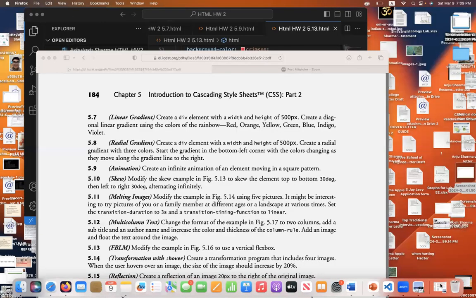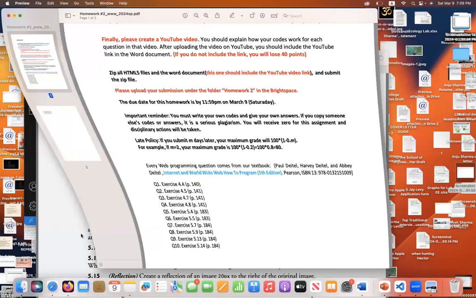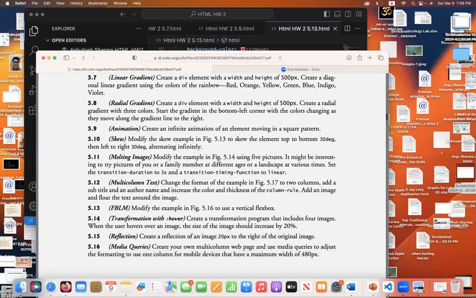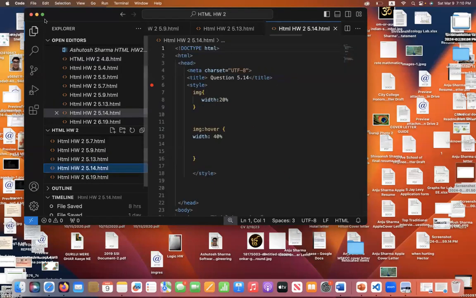And now the next question is 5.14. So 5.14, transformation with hover. Create a transformation program that includes 4 images. When the user hovers over an image, the size of the image should increase by 20%. So when we go to the code for 5.14,